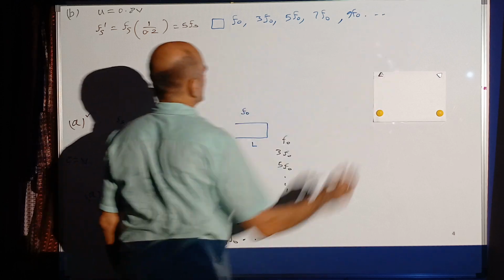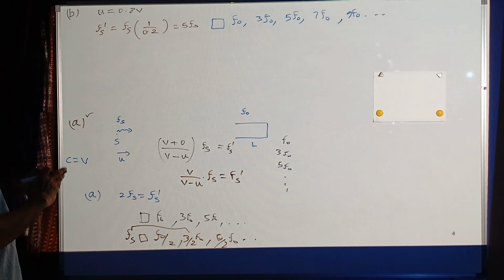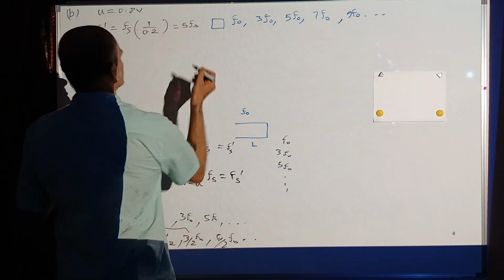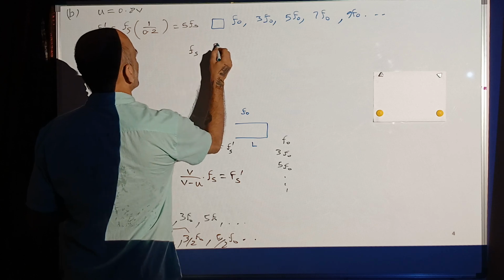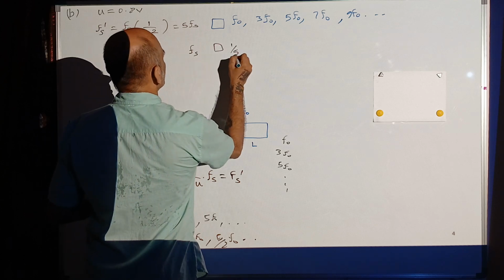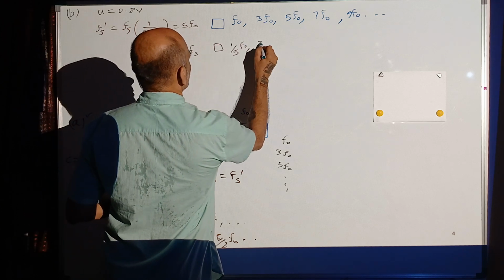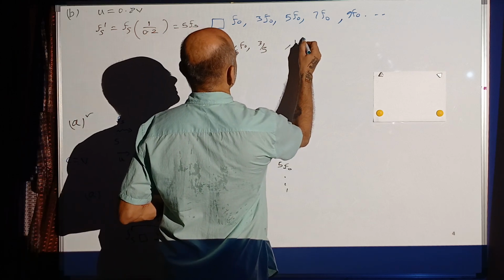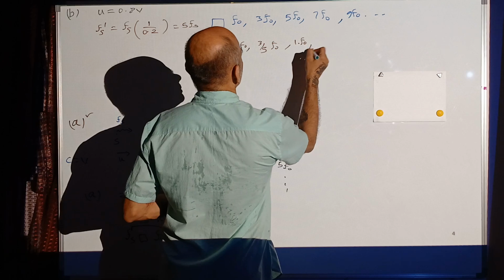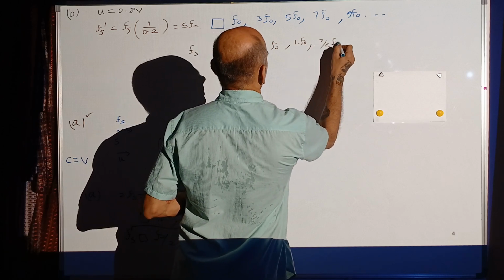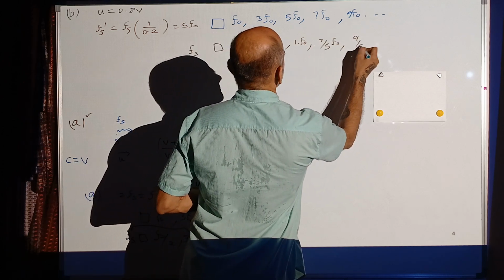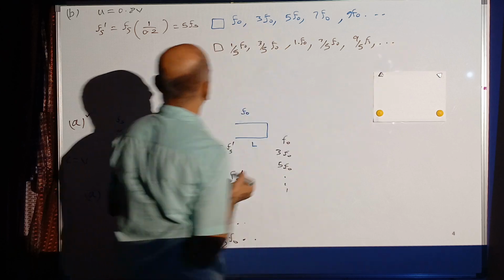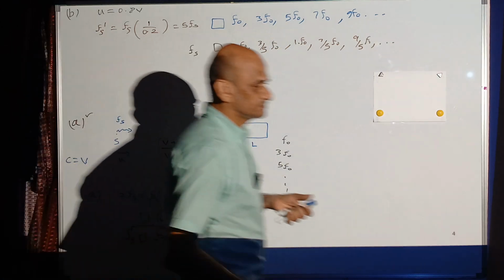9F0 and so on, all odd numbers. So that means Fs should match with 1 by 5 F0 or 3 by 5 F0 or 1 F0 or 7 by 5 F0 or 9 by 5 F0 and so on. So option A,